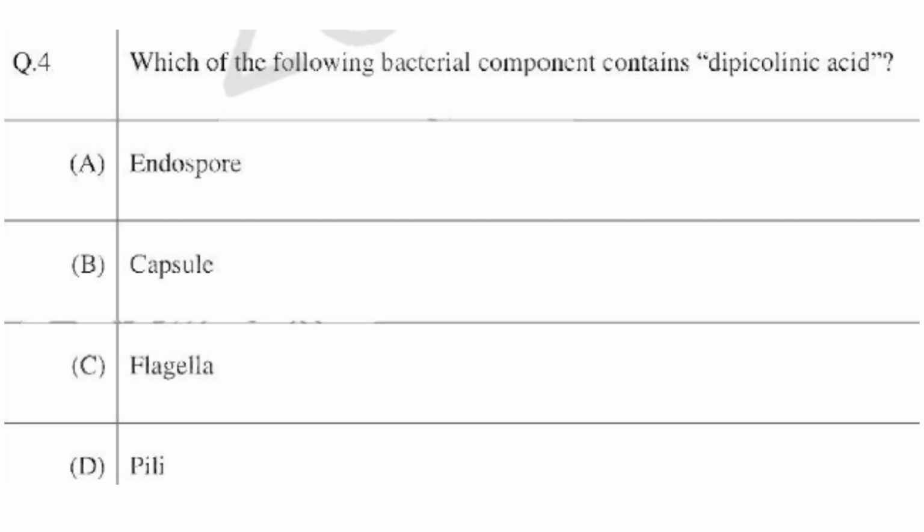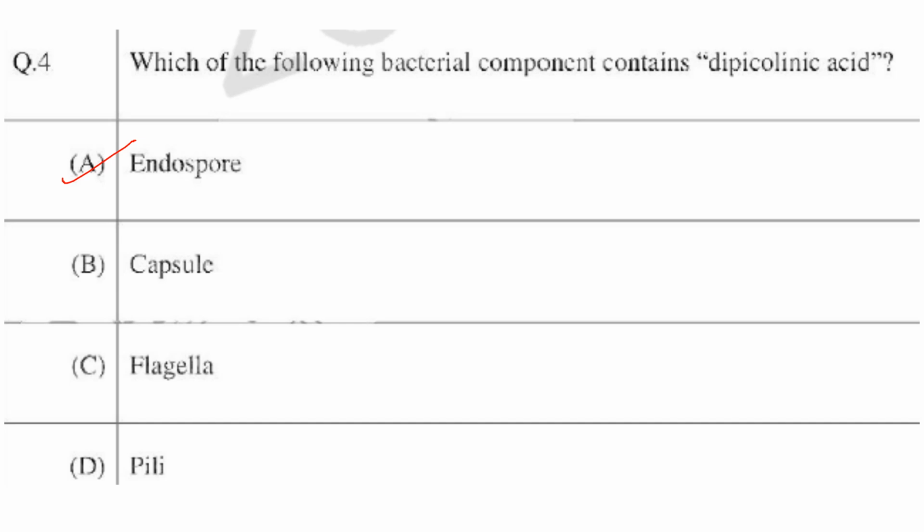Then next one, which of the following bacterial components contain dipicolinic acid? Endospore. Yes, endospore, it contains dipicolinic acid. It is a highly resistant dormant state found in certain bacteria for survival under extreme conditions. That is endospore. Capsule, it is a protective layer and it is made up of polysaccharides or polypeptides, and it